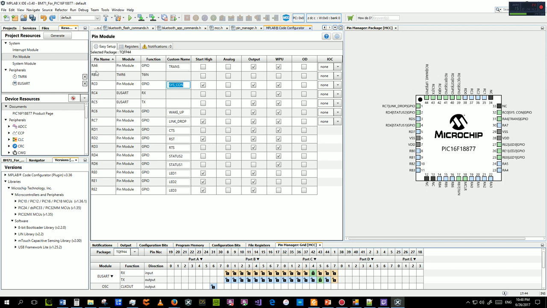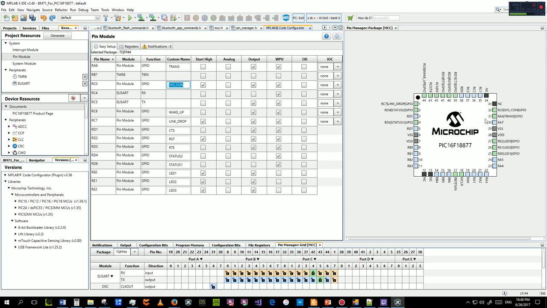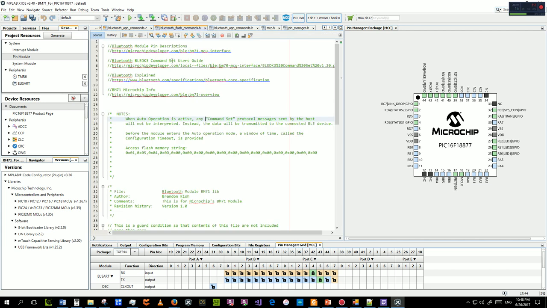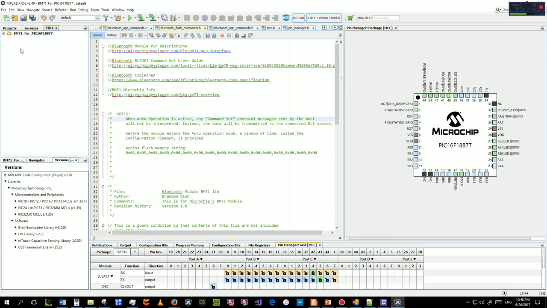I think you can at least pause this video and see how my setup is if you run into any problems. And then, again, if you're new to the configurator, once you have everything selected the way you want, you click Generate Code, and it will populate all the files for you with the code to configure your chip the way you need it. Okay,